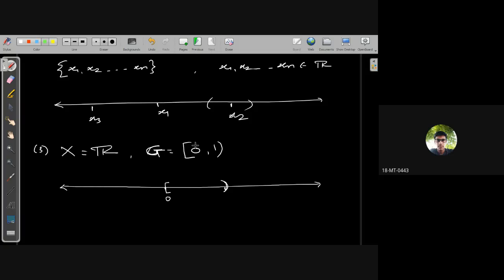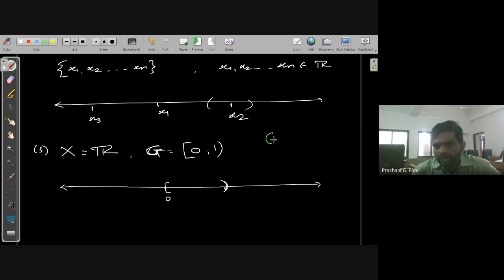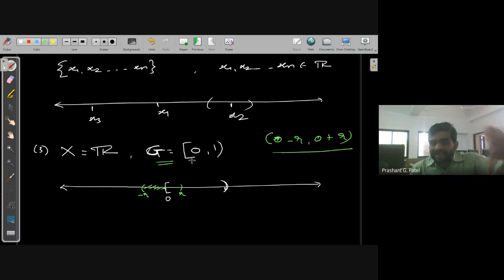Because the neighborhood of 0 looks like 0 minus R to 0 plus R. This is the neighborhood of 0, or I can say the open sphere of 0. 0 is here, so this is the neighborhood from minus R to plus R, and this portion will never be inside G. So for 0, the condition of an open sphere or open set is not satisfied. Therefore G is not an open set.